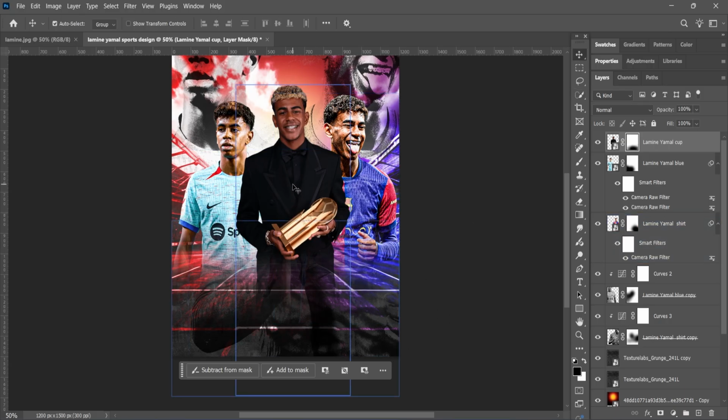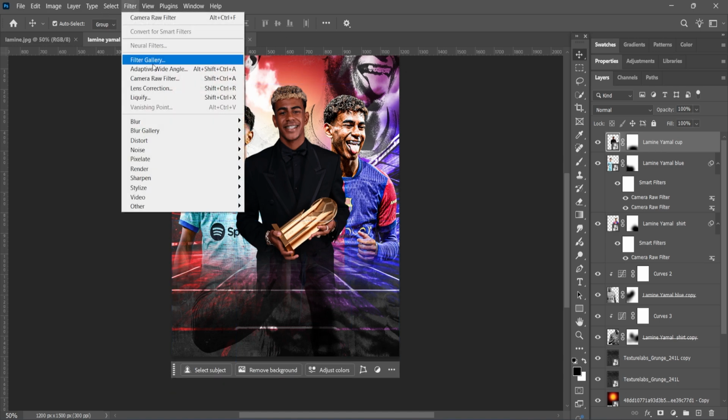So I'll select my Lamine main layer and go to filter. So going to filter, make sure that you have always selected the main layer. If you select the layer mask and you apply the filter, it won't give you this result. So select the main layer, go to filter,